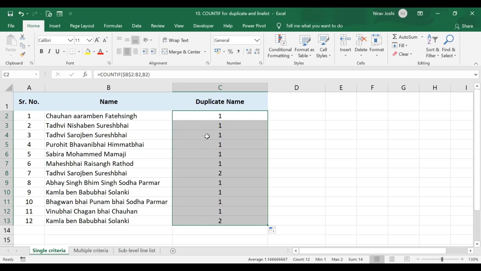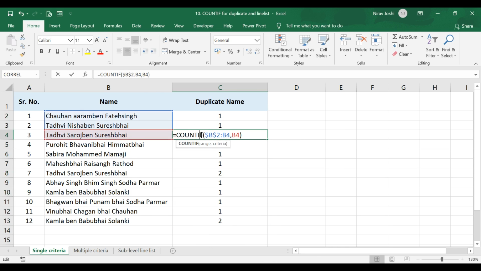What will happen is, we fixed the first cell of the range and kept the second cell of the range, that is the end point of the range, as relative. So when we drag the formula downwards, it will extend the range downwards. What it is doing right now is identifying, in this range, the number of cells that have this kind of value, that is B4.